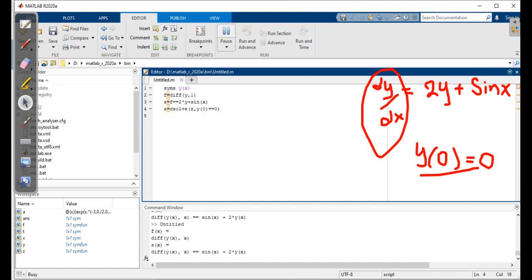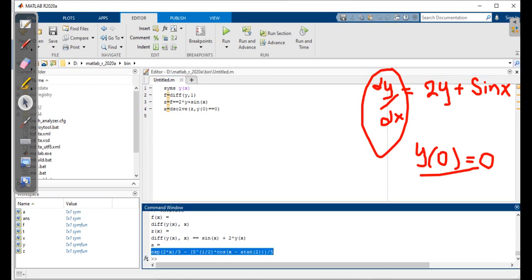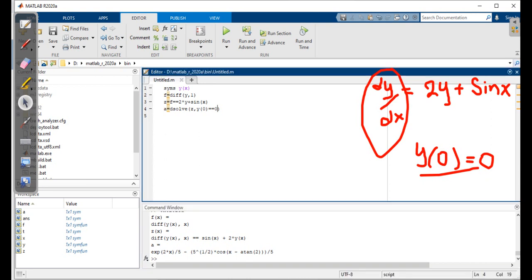So let's see. You can see that this is the solution of the derivative equation. Now you can see that our differential equation is solved. Now if you want to plot the differential equation, for example, you have a bacterial growth with respect to this and that, then you want to solve that differential equation and plot it. So how can you plot it?